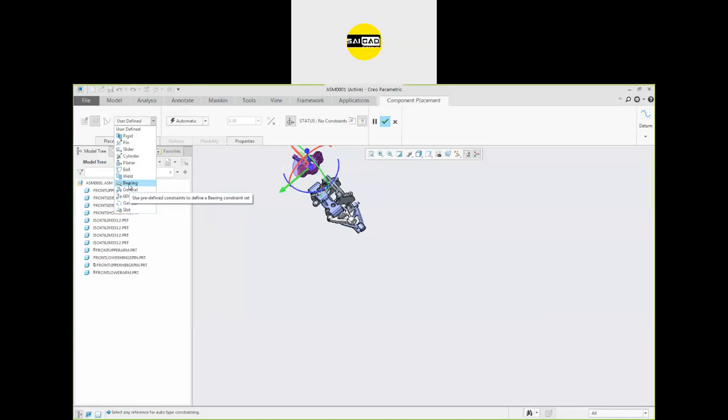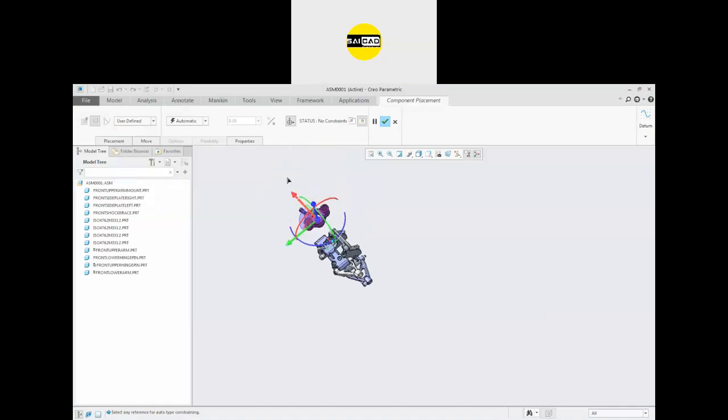Okay, we have general that we have used. We have the bearing option, and it will be applied in the bearing for the balls to set in the bearing. And we have two weld options. We can weld joint two options. Similarly, the considering option. So we will use some limited options from here that will be used in the assembly. Okay, if you have any question, you can ask.